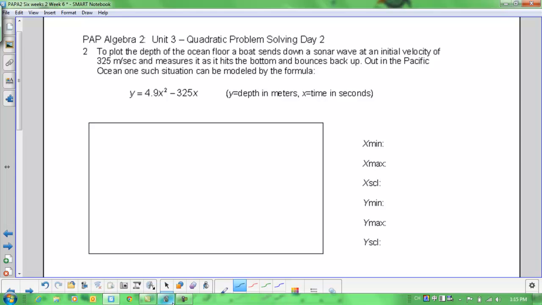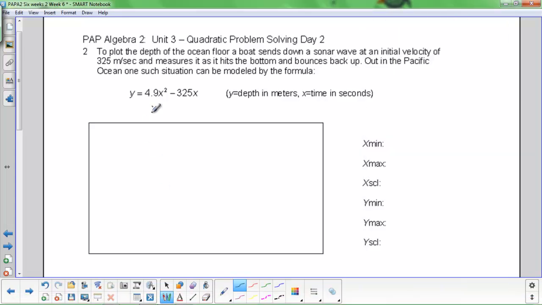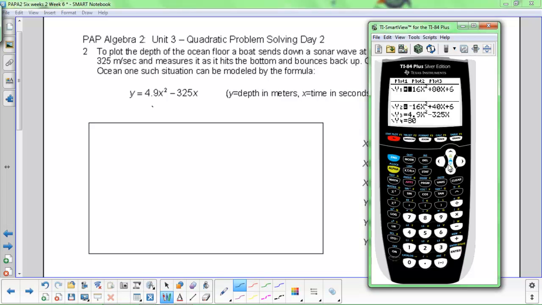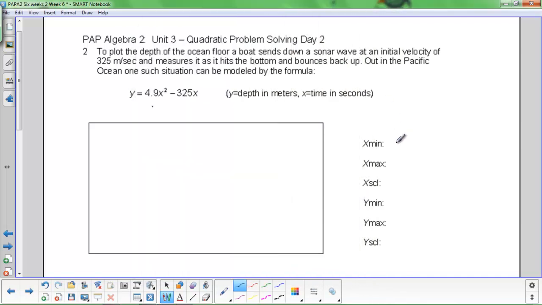All right, so reading through the problem, we gather that we have this equation right here that we're going to use. And I'm going to activate that and deactivate all of the others because it completely changes everything around. And I'm going to graph it. The current viewing window is inadequate for seeing this, so let's go ahead and change it around. I'm going to change it around using 0, 80, 10, negative 6,000,